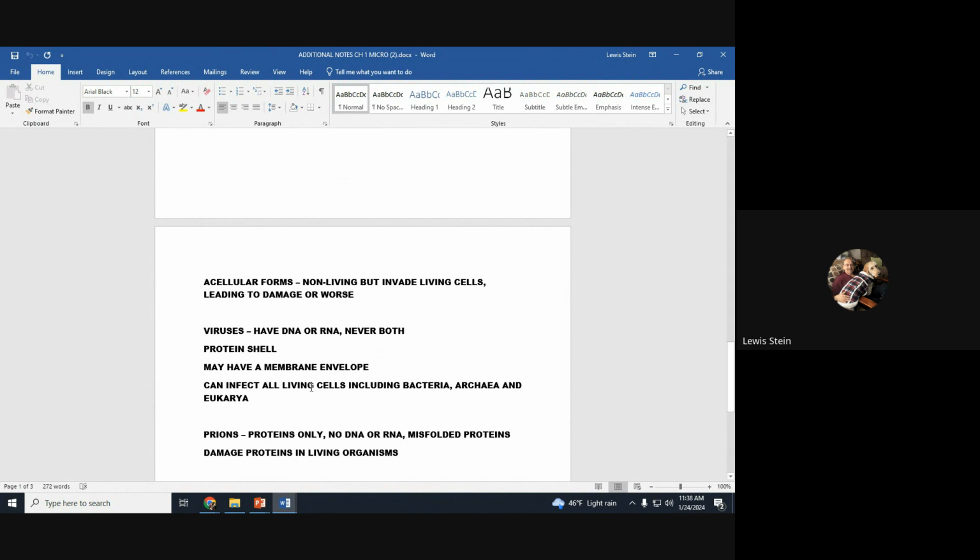And by definition, they can infect all living cells, including bacteria. Bacteria can get a virus like you can, archaea can get a virus, and obviously we can get a virus. And it's become much more important because, like a lot of viruses, it damages the cell. So as we run out of antibiotics, we're starting to look at viruses that affect bacteria, since they don't affect our cells, as alternatives to antibiotics. You'll learn about them; they're called phage, or bacteriophage viruses.